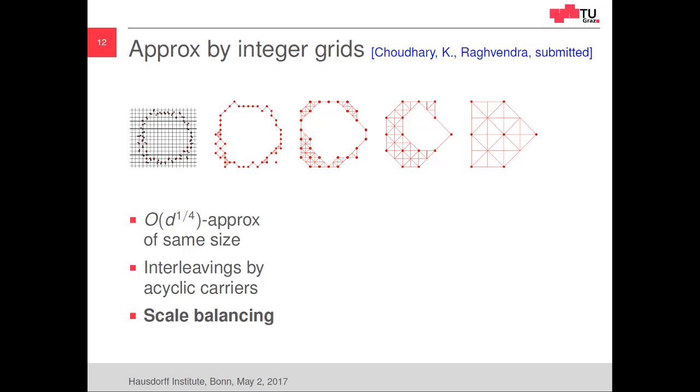The idea is that you take a subset of the barycentric subdivision of the cubical quid. Yeah? And you have just to, in a smart way, select the right simplices such that the size doesn't become too large. But when you do that, you get basically the same guarantees as before, but instead of a d approximation, you have a fourth root of d approximation. So that's quite a bit better. And this result, I think, is interesting for